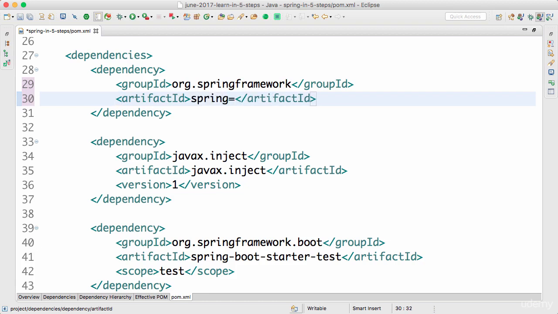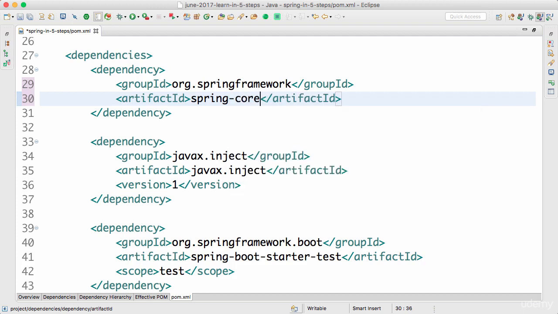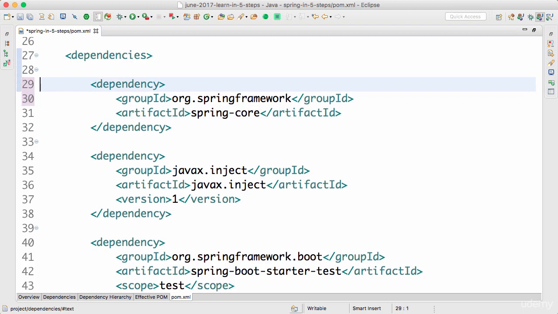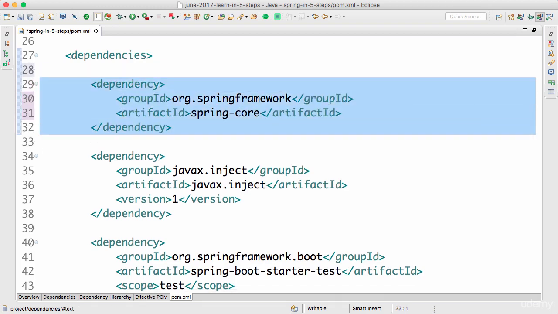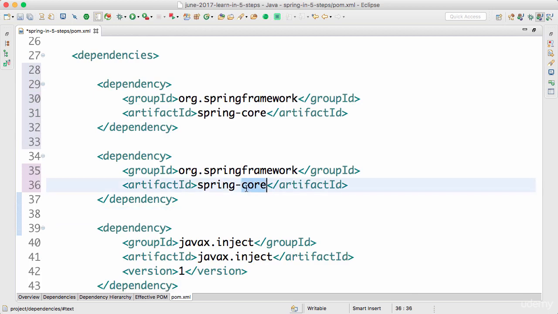Spring. So the base thing for Spring is Spring Core. So Spring Core is where your bean factory is defined. The basic management of your beans is defined in Spring Core. In addition to that, we are making use of application context. So if I want to make use of an application context, then I would need to make use of something called Spring Context. So these are the two dependencies I am bringing in, and I've removed this Spring Boot starter.